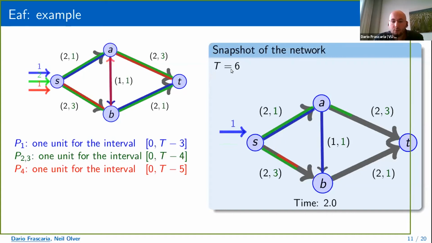After 2 units of time, we stop sending flow along the paths P2 and P3. Notice also that at this point, so after 2 units of time, we stop sending flow along the path AB. So this corresponds to the situation explained earlier when the two flows, so the flow coming out of P1 and P4, cancel out, so when they meet. And this goes on for 1 unit of time. Then we resume sending flow along AB. And finally, please notice that the last particle that arrives at the sink comes from all the 3 paths.